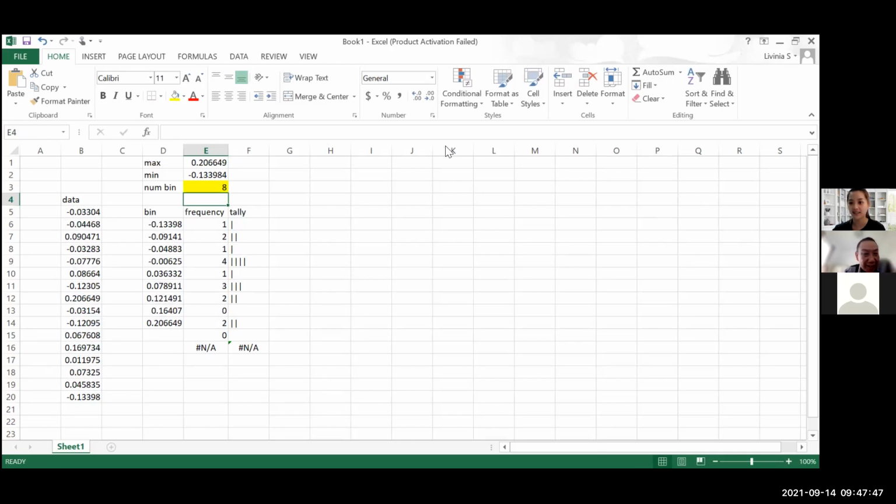Okay, now your frequency, now can you fix the frequency? Because your frequency still has 0 and A. The same formula with this one, right? Yes, yes, you need to relate it to the bin. So how are you going to do that? How are you going to, if the bin is empty, okay, so if